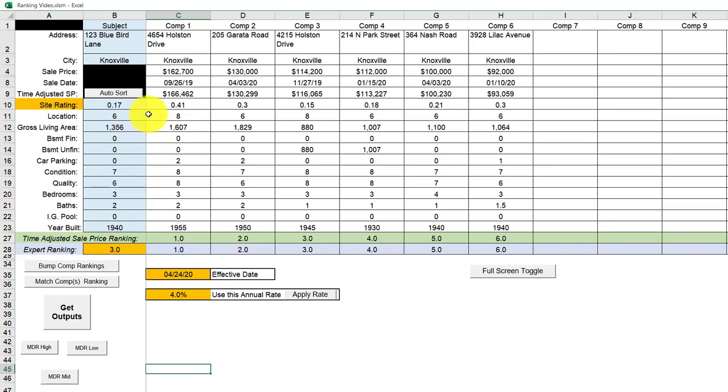So basically, once these are on and we rate these property variables, they're all rated. Then I'm going to put in, and this is where it is augmented intelligence, I'm going to tell it what the appreciation rate is, and as the evaluator, I'm just going to have to do the best I can. In this case, it was 4%. I've got an effective date. Then I tell it to apply that rate, which I'd already done, so it should stay the same. And if these were out of order, I would say, okay, auto sort them.